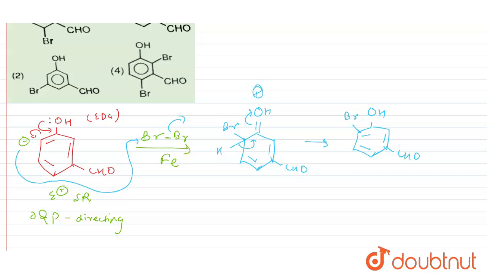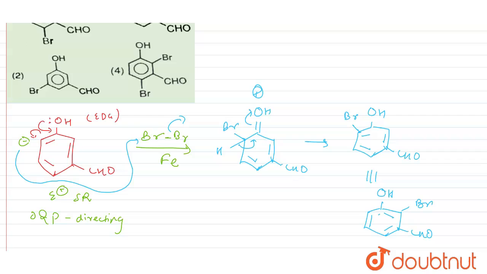So this can also happen at this position. Basically, both of these are ortho positions to OH, right? So the attack can also happen at this position, and therefore the equivalent structure for this would be OH. If I had drawn the bond over here, it would have gone via this mechanism, and here we will have Br on this ortho position. So I will write down the equivalent structure for this: Br, CHO, and here the double bonds.